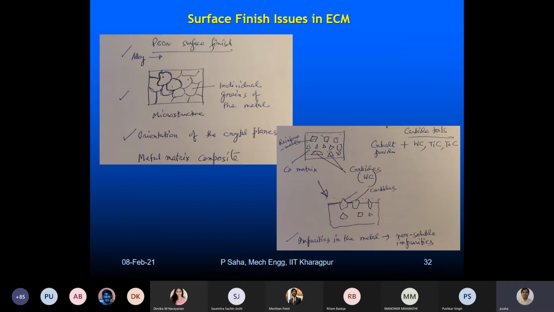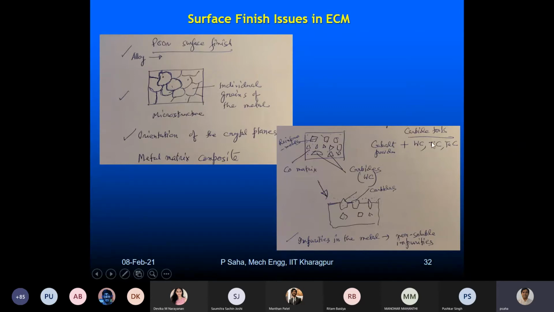And friends, many times we may have a material which is not exactly a metal or alloy, we can have a composite. For example, carbides. Carbides are used for making strong dies, even tools, forging dies, blanking dies, trimming dies. These dies are typically made of very hard carbide materials.